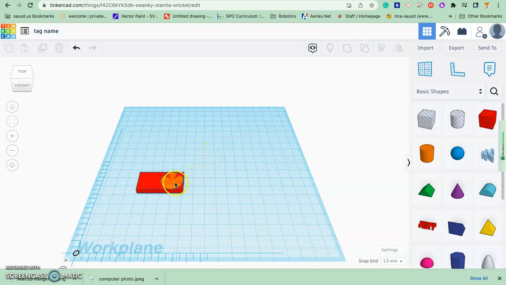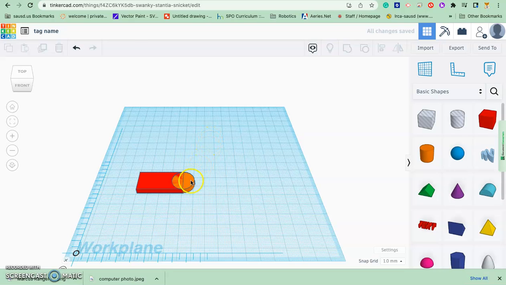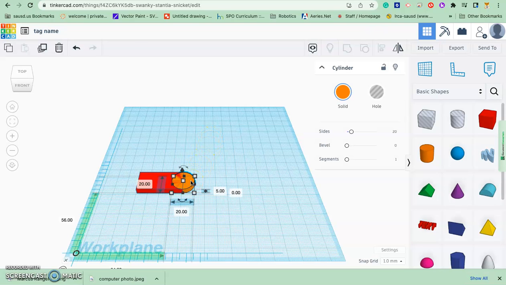Okay, now let's see if we can select just the cylinder. And I'm going to now use my right arrow on my keyboard to move the cylinder over 10 millimeters. So I will click 1, 2, 3, 4, 5, 6, 7, 8, 9, 10. And now I'll click on my work plane, and now I'll click on just the cylinder,